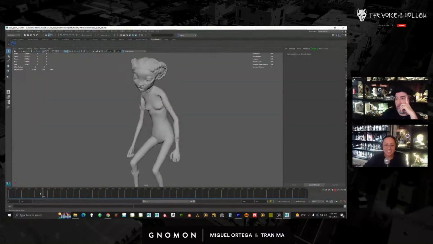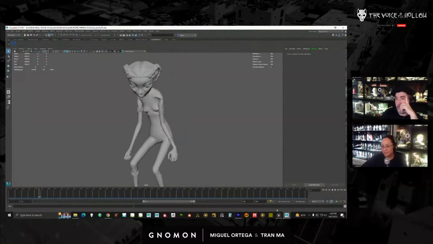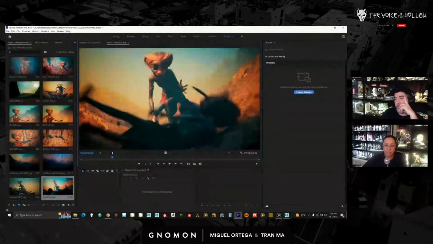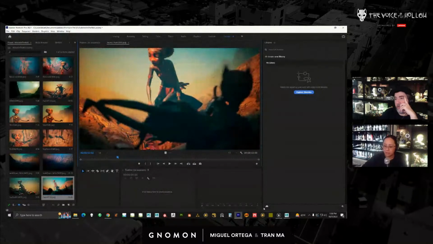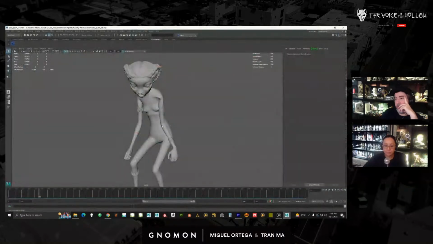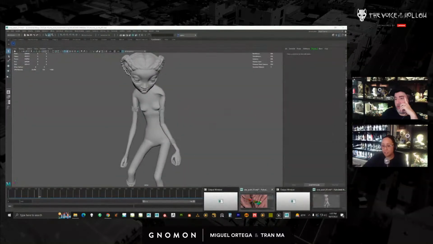So I'll get something like this, and then I have to clean that up. You know, this character here, the one rolling around, went through that. She had all kinds of weird stuff. The arms were cutting into the body like this. That will never cloth sim, right? That will just explode. So I did that correction.